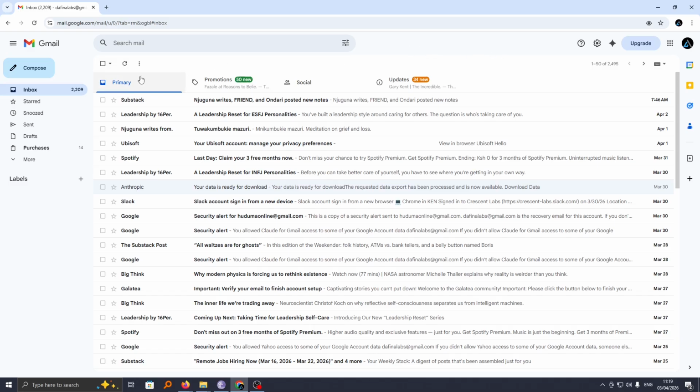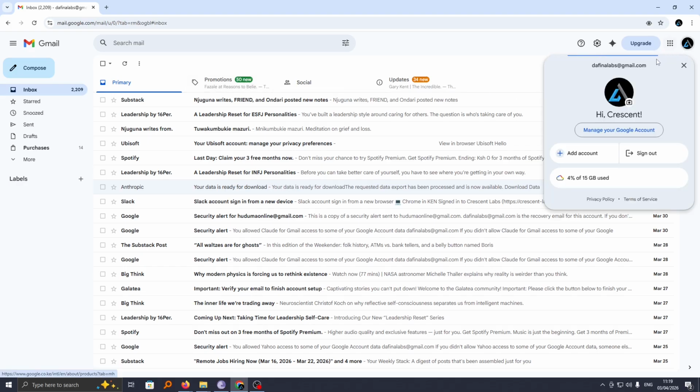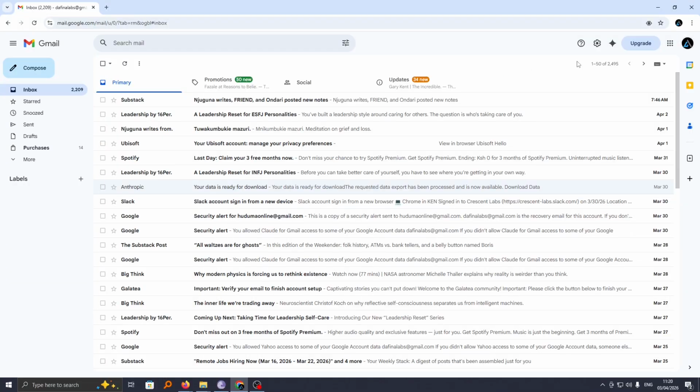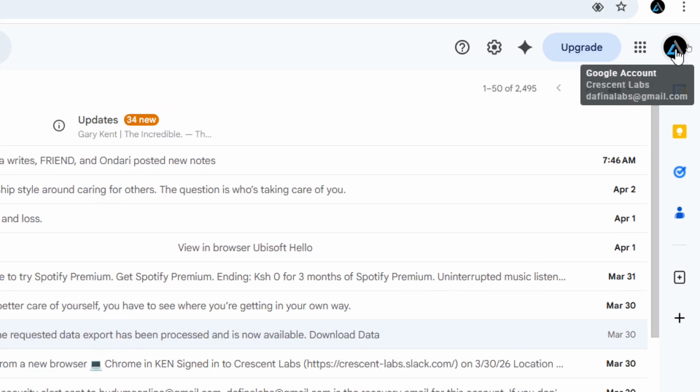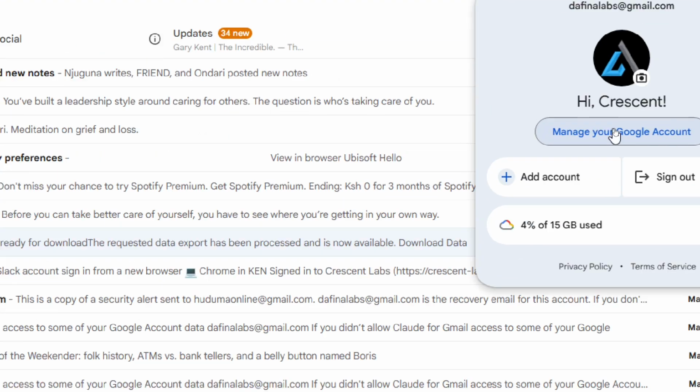So you have your Gmail, but at some point you want to go ahead and change your name. If I click on my Gmail here, you can see this is the current name that is accompanied on this Gmail account. To change this name, go ahead and click on your profile icon up here and then choose